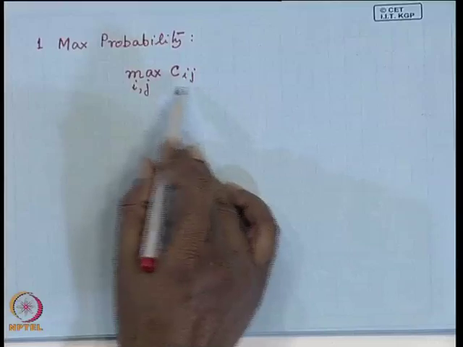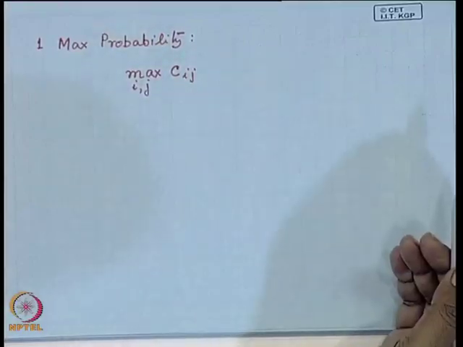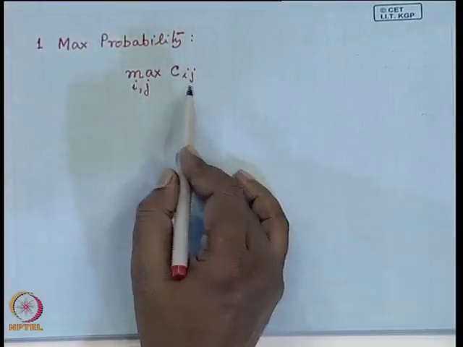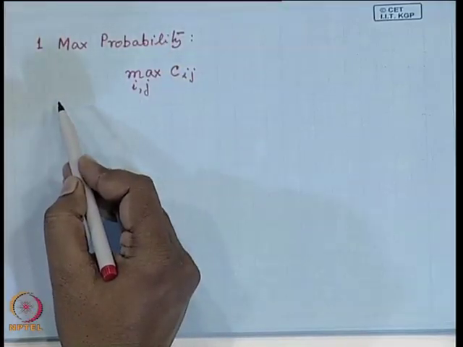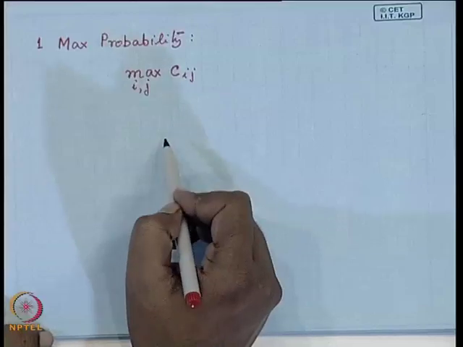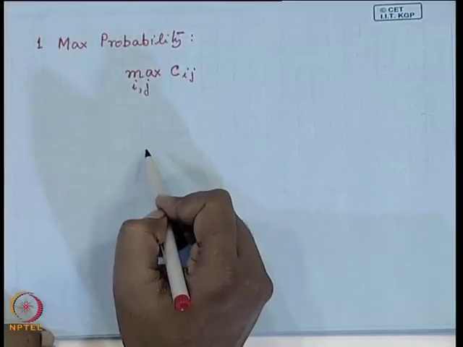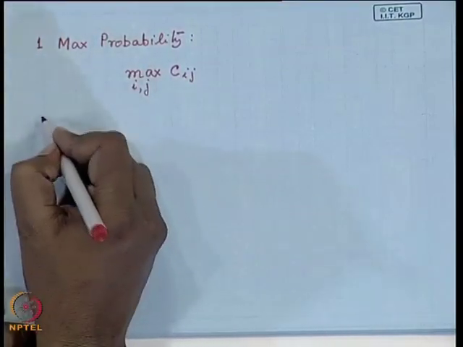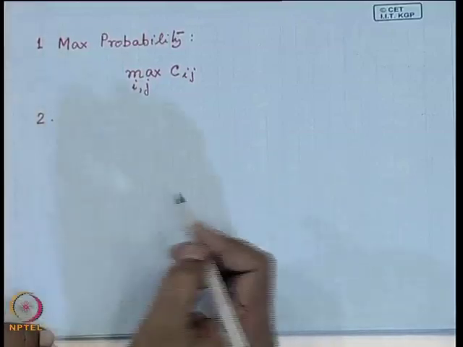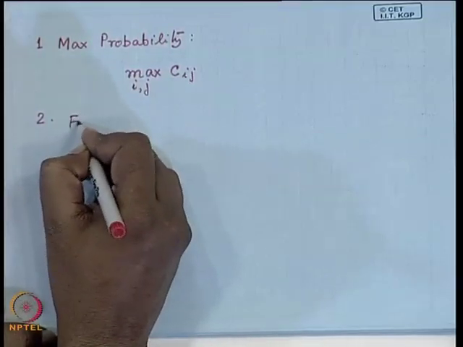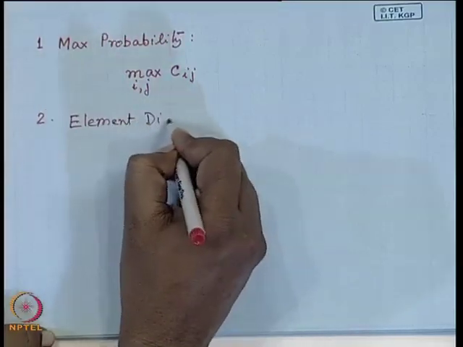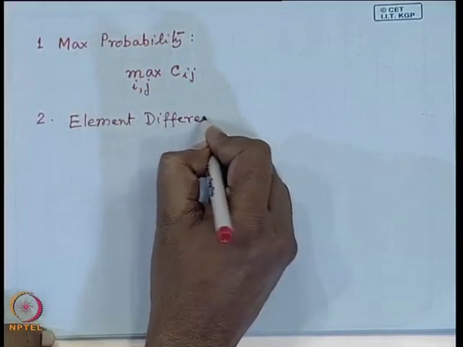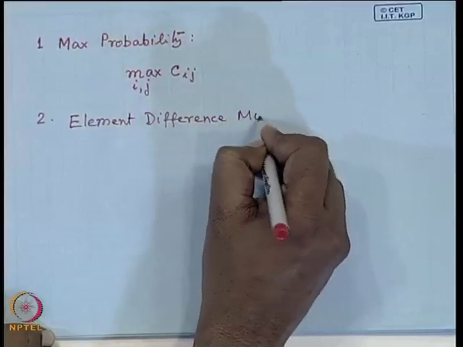If the textures are different, then this max C I j will also be different. Okay. I will get a maximum, but for different values of I and j, not for the same values of I and j. So, this is one of the features that can be obtained from the co-occurrence matrix. The second type of feature that can be obtained from the co-occurrence matrix is the element difference moment,